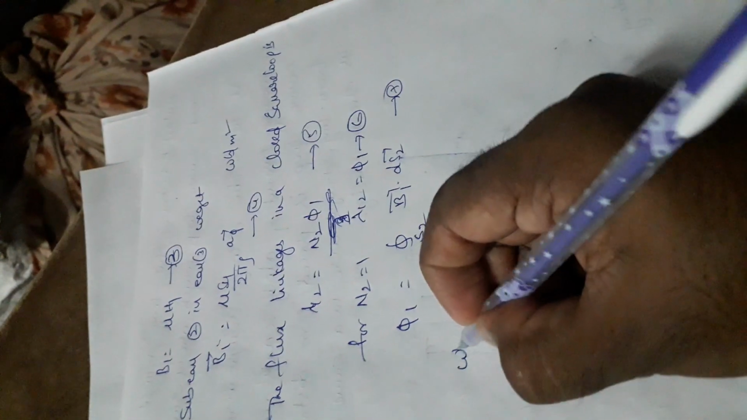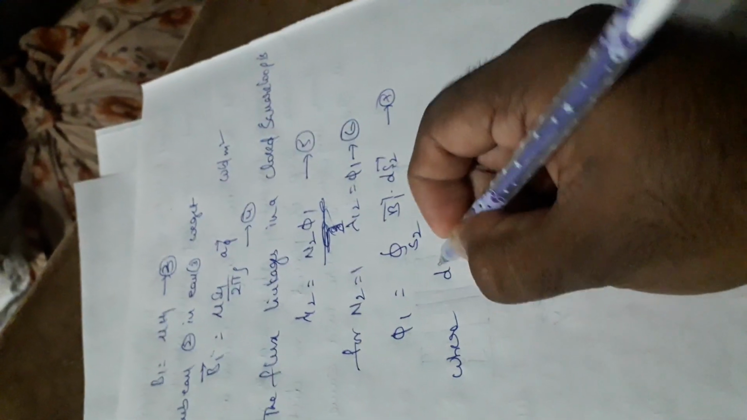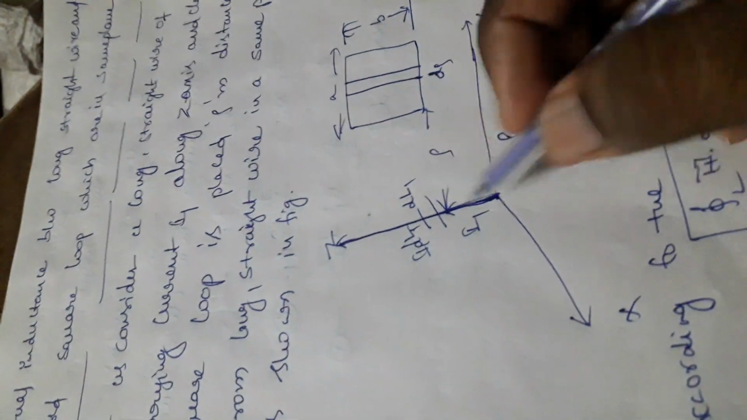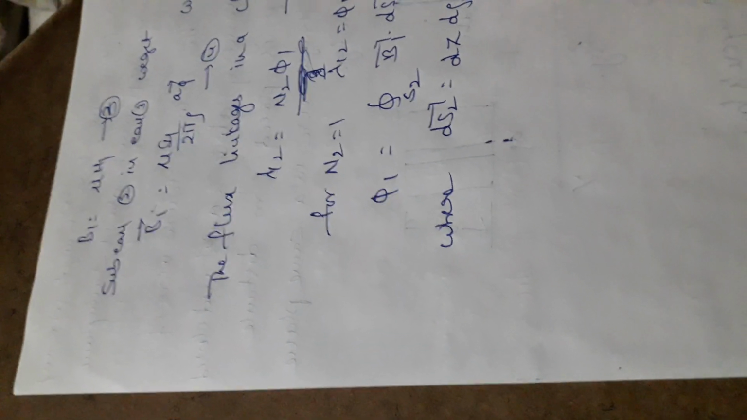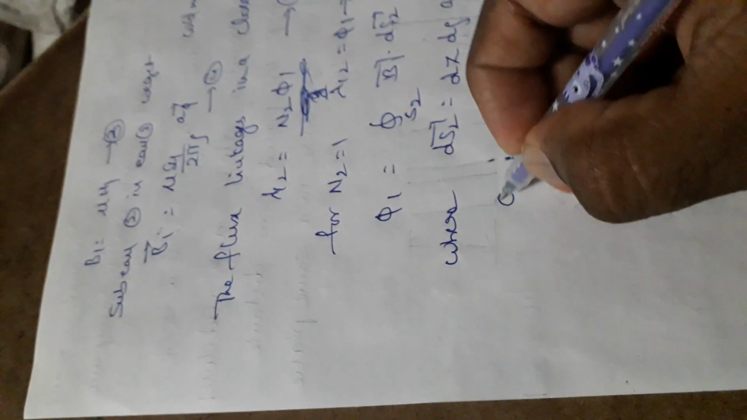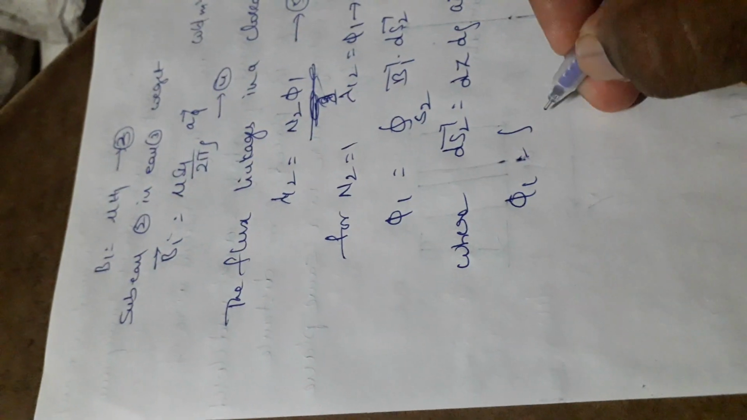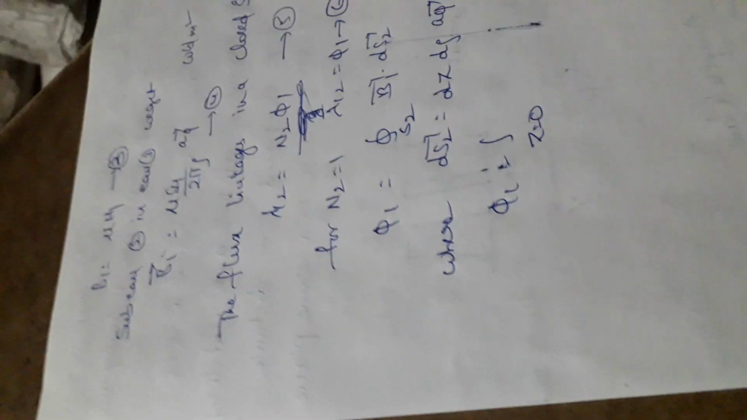So then, where ds2 bar is equal to... here a long straight conductor is placed along the z axis, that is one dimension is z, another dimension is distance rho. So that's why ds2 bar is equal to dz into rho d rho a phi bar. So then phi 1 is equal to, z is equal to 0 to the length, which is a finite length,